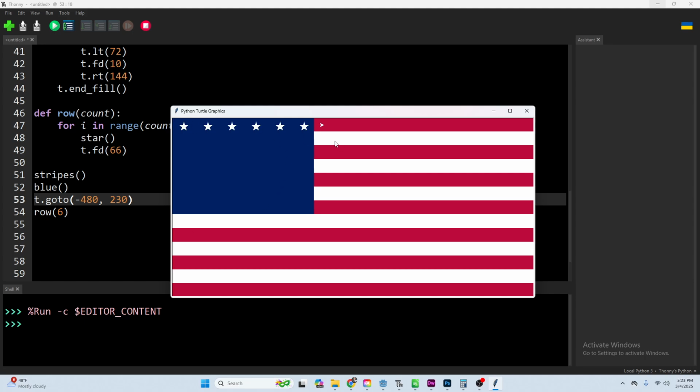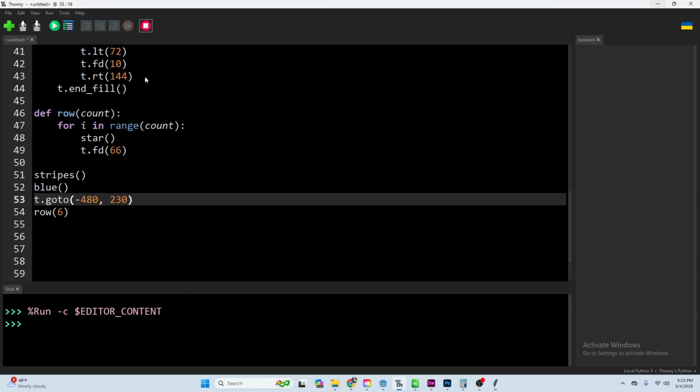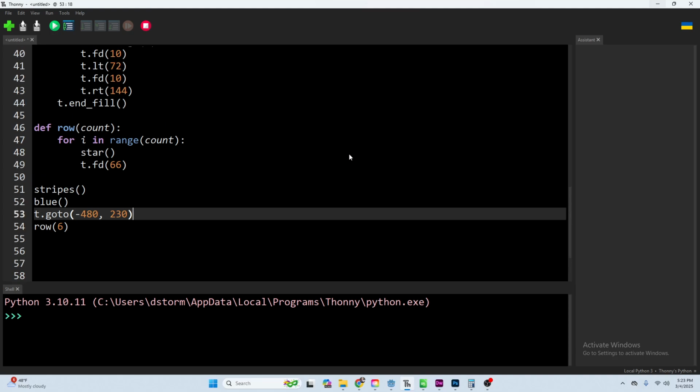Oh, look at that. Oh man, that looks great. So we have a row of 6 stars. They fit perfectly within this field. That looks awesome. Okay, good. Now all we need to do is create a function that is going to draw our field